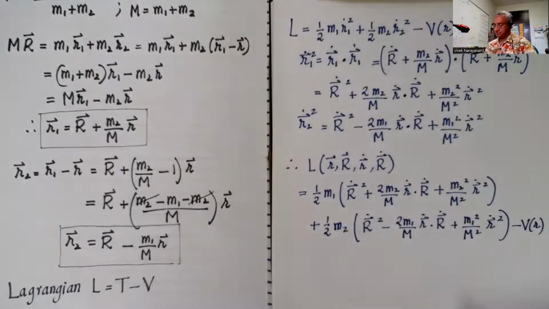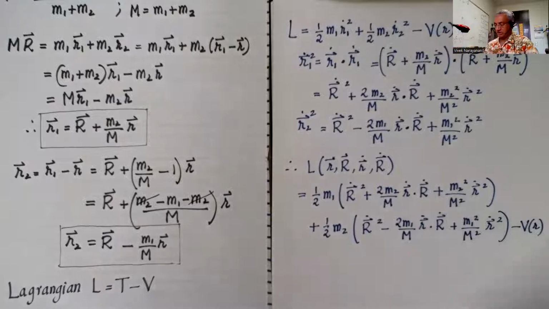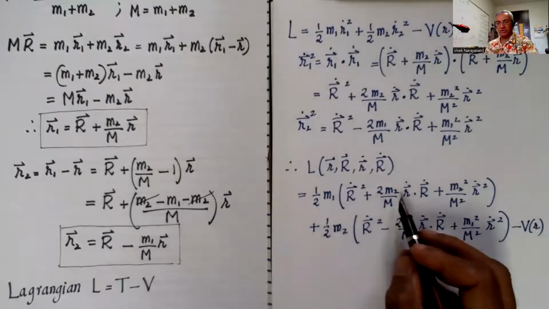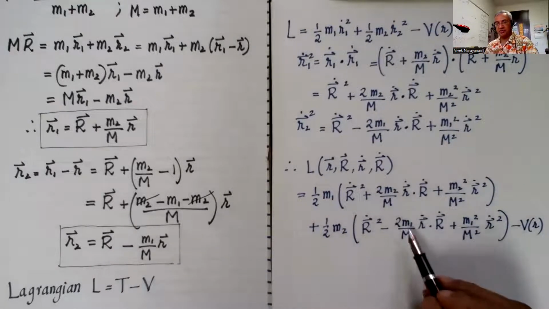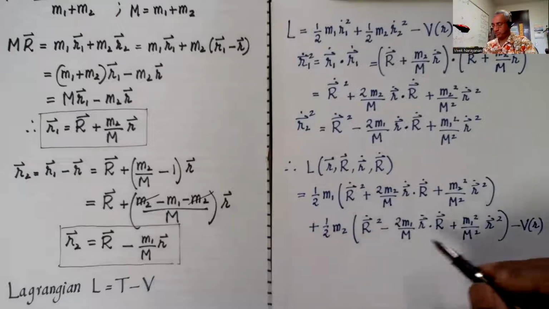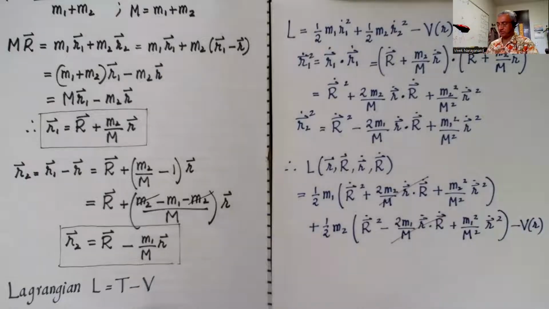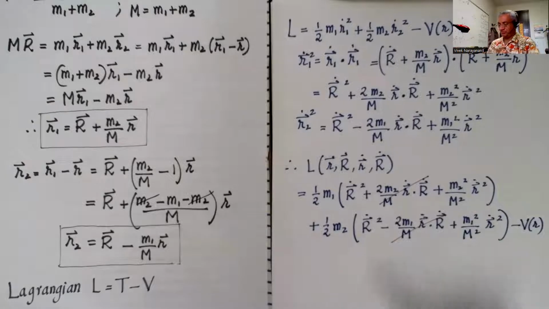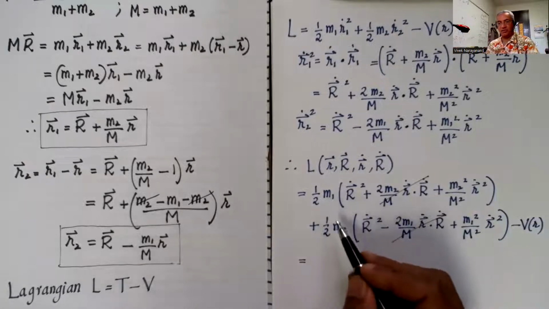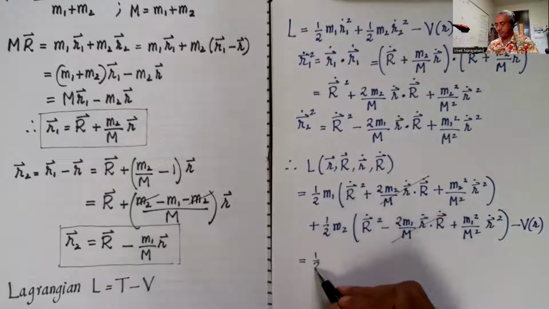You observe the middle term cancels out because there's an m1, m2. The 2 cancel out, m1 m2 over M. Here there's a negative m1 m2 over M. So that cancels out. So I'm just left with 1/2 m1 plus m2, which is capital M,